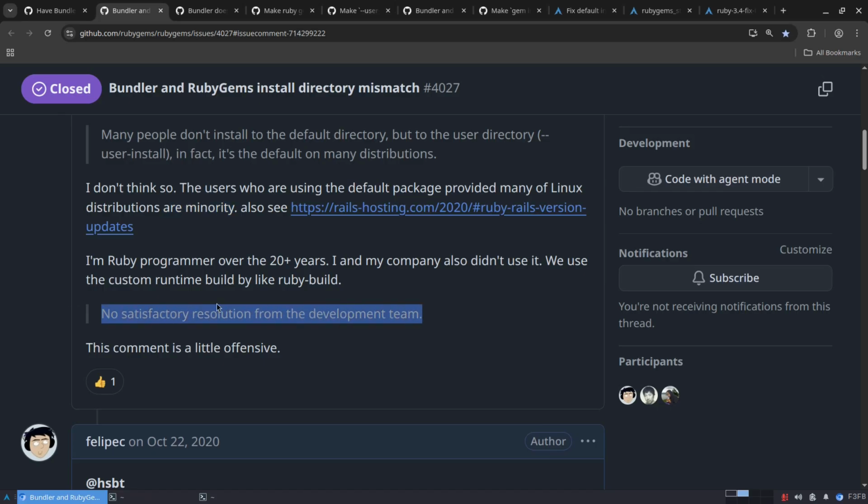So I say no satisfactory resolution from the development team, and he says this comment is a little offensive, and he bans me permanently from the project because he found my comment a little offensive. So